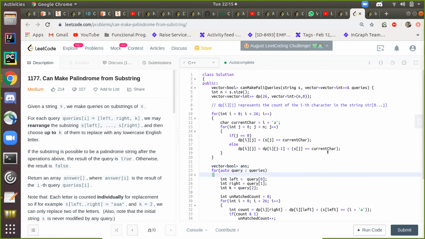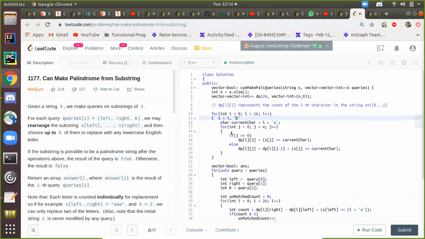So for the rest, you're just adding one. You're just incrementing the count if you find duplicates. Correct. Let's say I am at i equal to 3, so I am iterating for D right now. I go to my string.